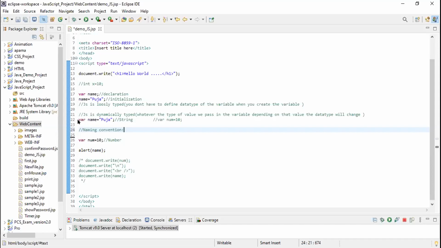See, here in line number 22, I am writing word name equal to Pooja, right? If I write word as a variable name, it will not work, because word is a predefined keyword.